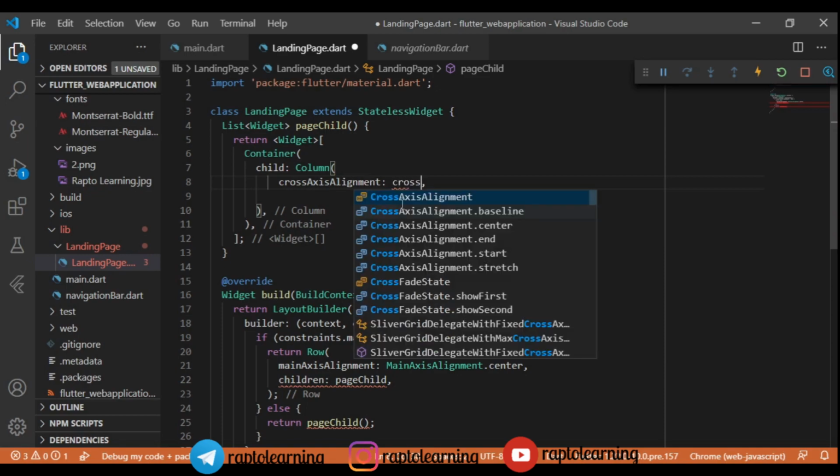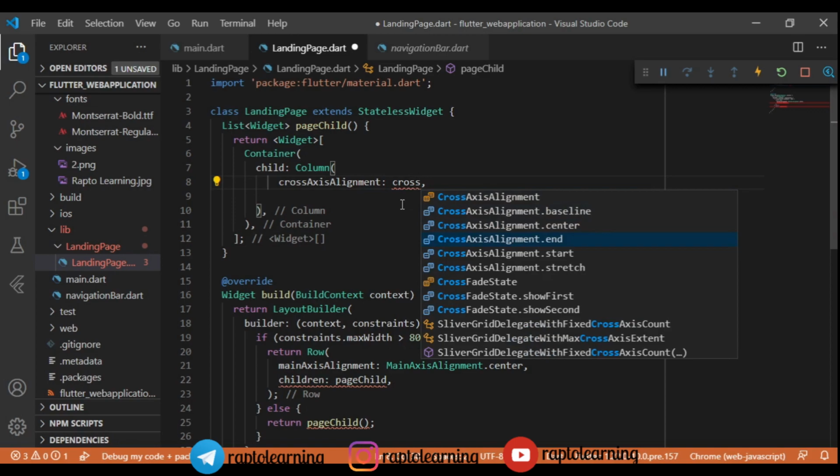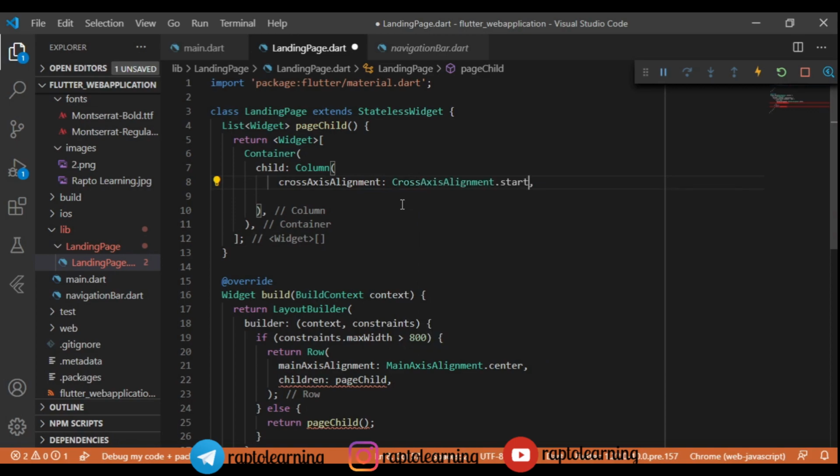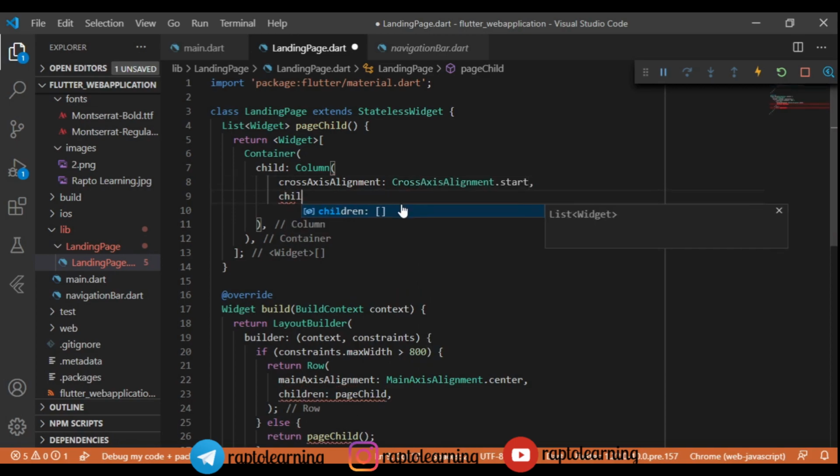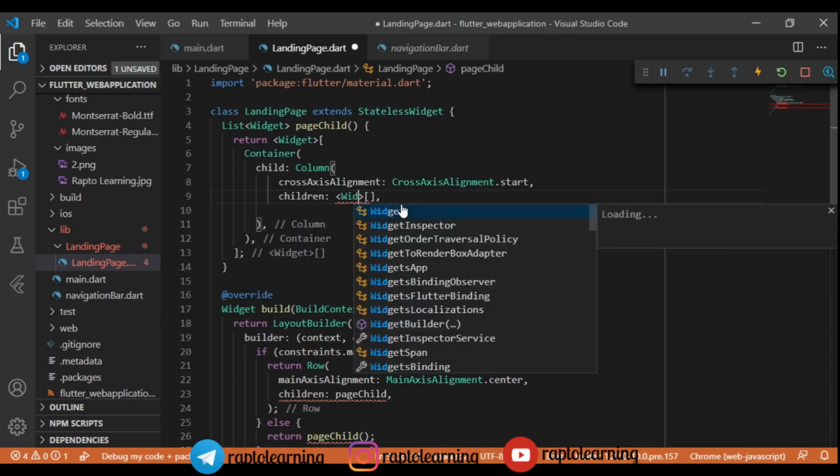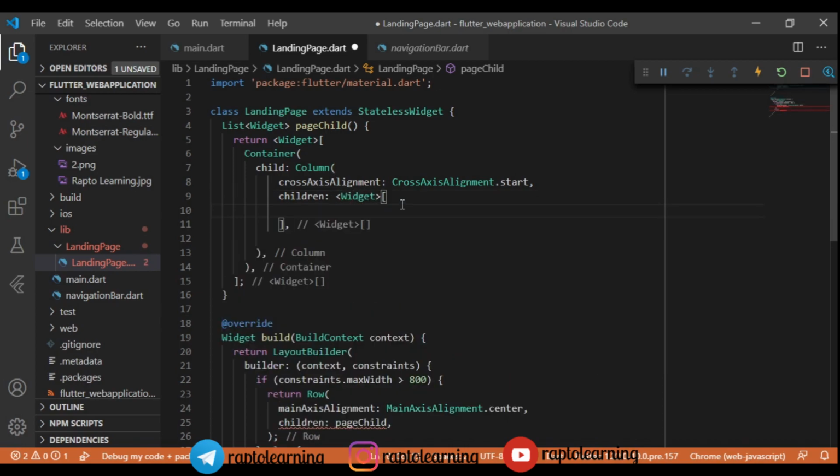So in the column we are going to give a cross axis alignment to this. So crossAxisAlignment dot start, and then we will return children for the column, and these children will be widgets only. In these widgets we are going to add first the text, the highlighted text as we have shown at the starting of this video.